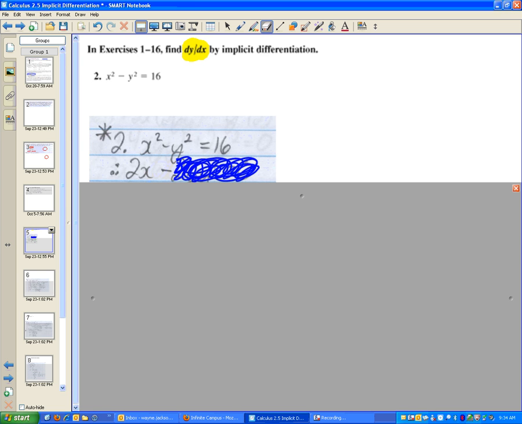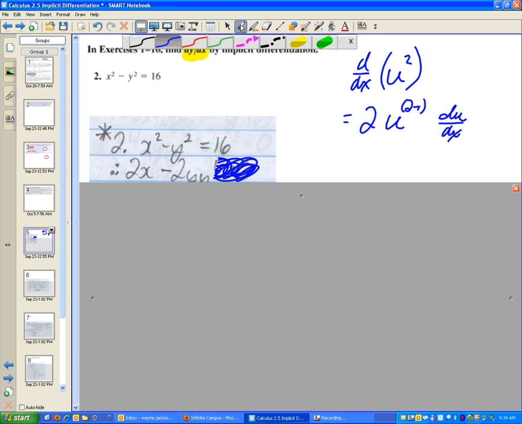Y squared. Y is a function. When we did the chain rule, didn't we call those u? Didn't we let things that were functions of x be u? So if we were taking the derivative of u squared, wouldn't that be 2u to the 2 minus 1 times the derivative of u? That's what we're doing. So the derivative of y squared is 2, and then our function y,